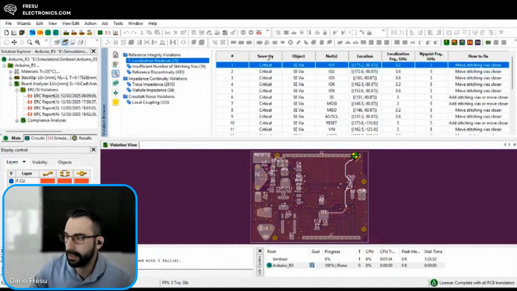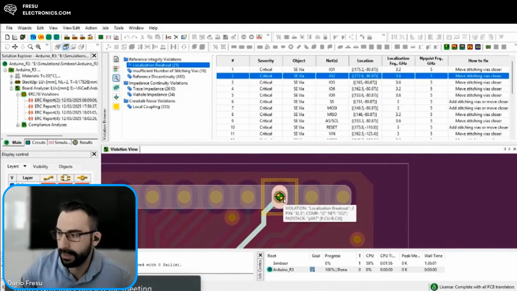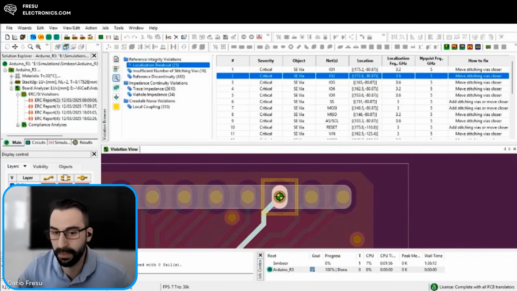It means that in here, for example, I have a lack of reference at this point, where I have a localization breakout because I don't have a return reference via. What does it mean? It means that the signal comes to this point, and once it's here, it doesn't have anywhere to reference the field, and then it spreads